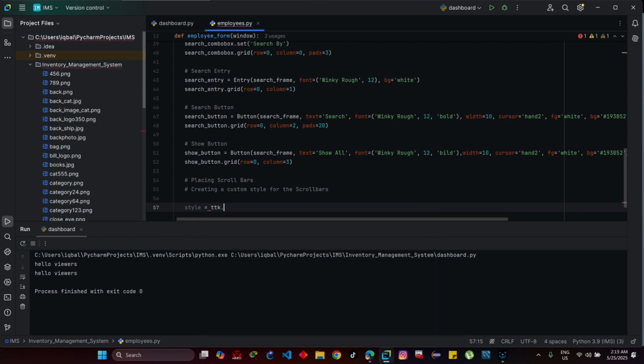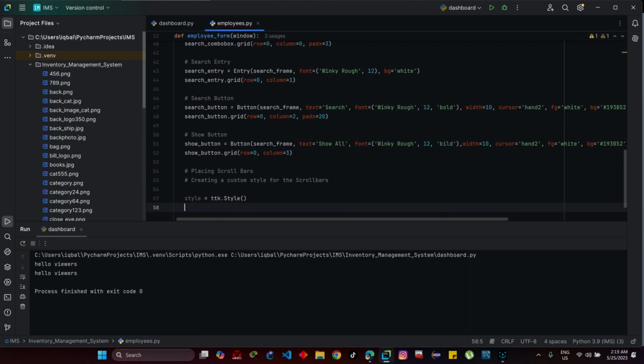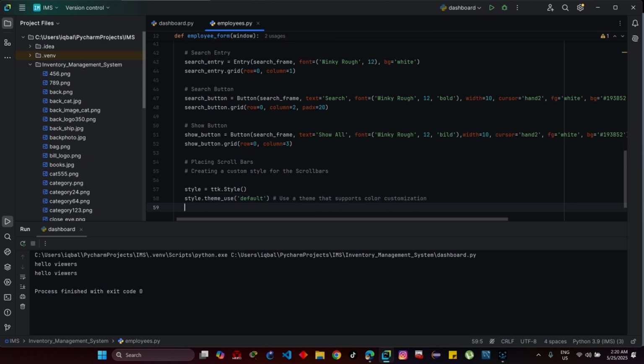Style is equal to ttk dot Style. Theme use. So here I will be using the default theme. You can search for that on the internet. There are lots of themes that you can use. So I will comment this: use a theme that supports color customization. Style.configure